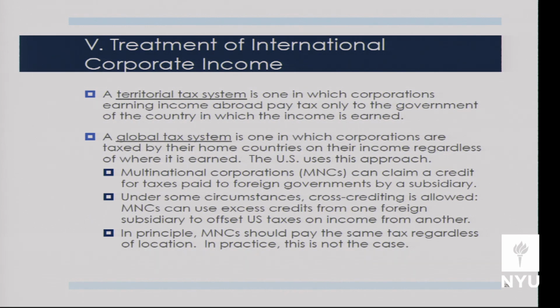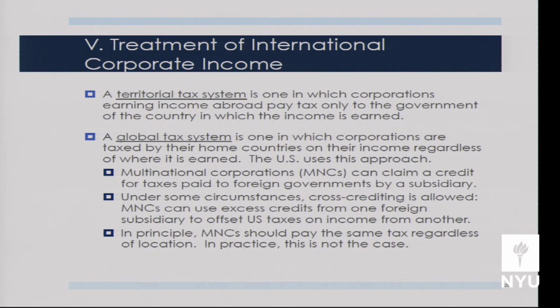So let's say GE has earned $100 million in China. Let's say it's paid 20% of that to the Chinese government, so they've paid $20 million to the government of China. The US corporate income tax rate, let's say the statutory rate is 35%. So GE owes, theoretically, $35 million to the US government, right? But you get a credit for any taxes paid abroad, so they get a credit for the $20 million. So they should owe the US government $15 million, right? That's the way that works.